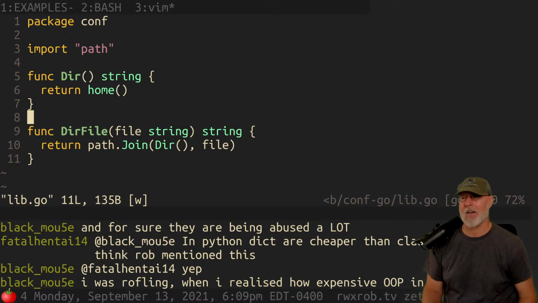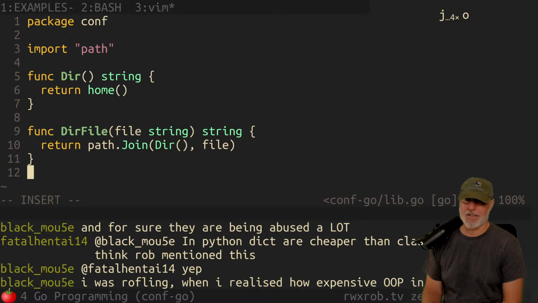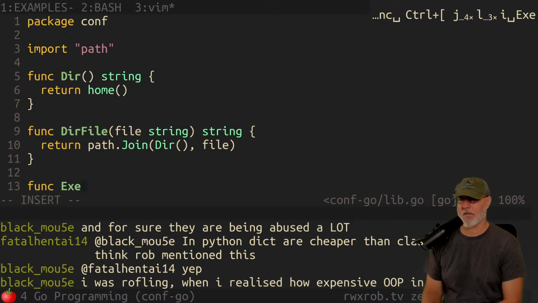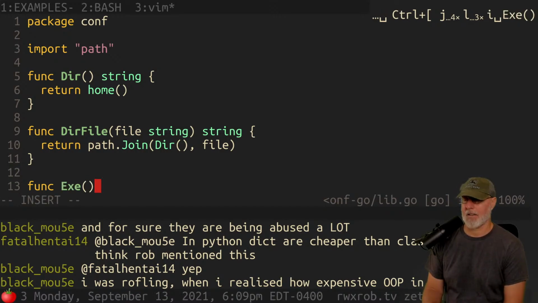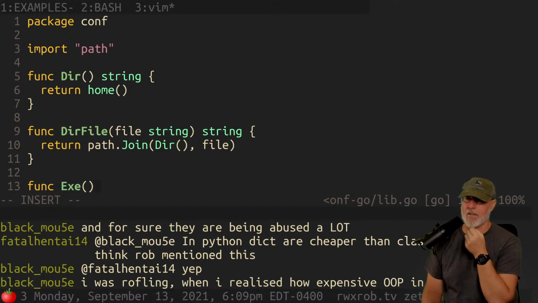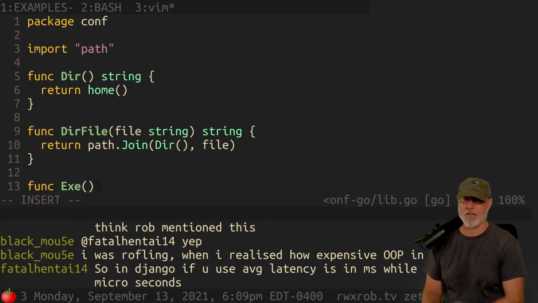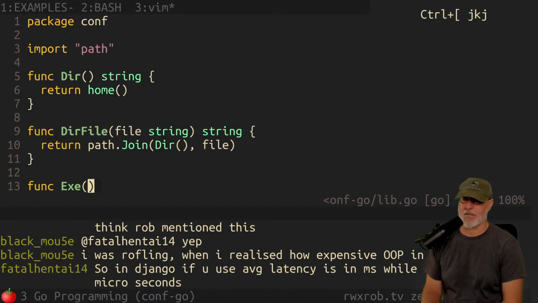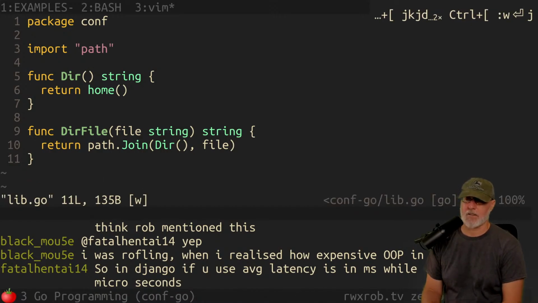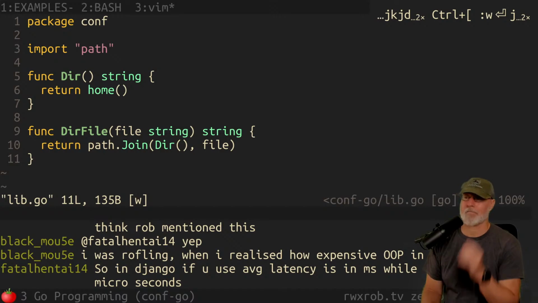Don't make it public. Because I was asking myself, should I make the exe, should I expose it? And I actually think I need to, because I don't want to force the people using this to have to do that. So people using this are going to want to look up the exe. Although I don't really need to, right? Because the conf.exe, no, I don't know. No, they can do their own thing. No, I'm not doing it.